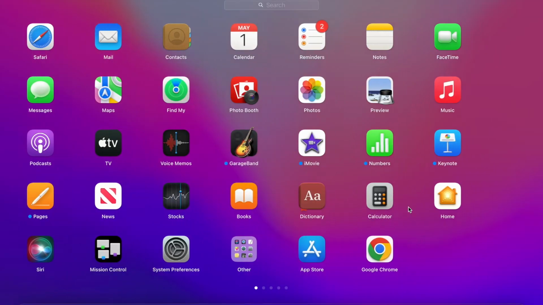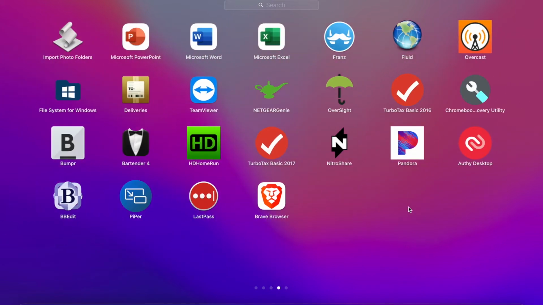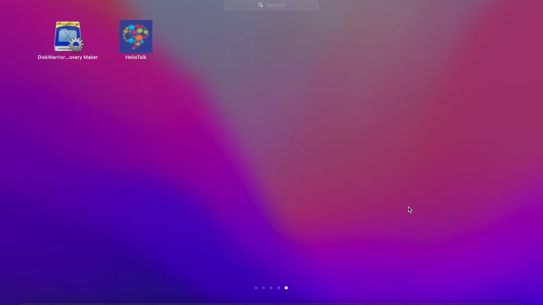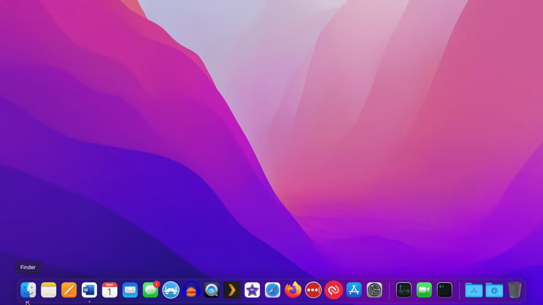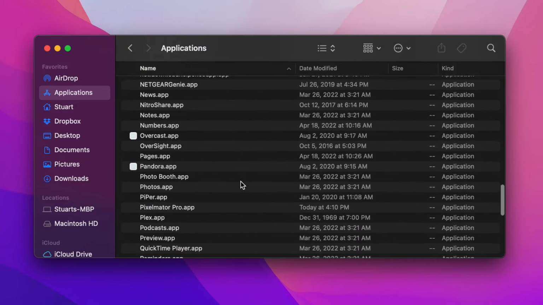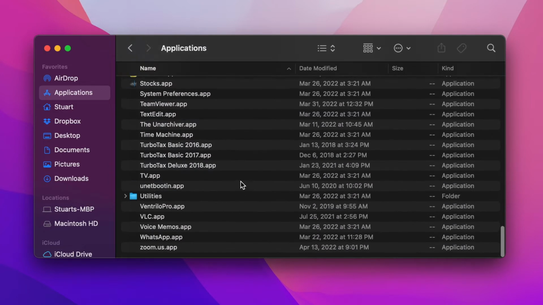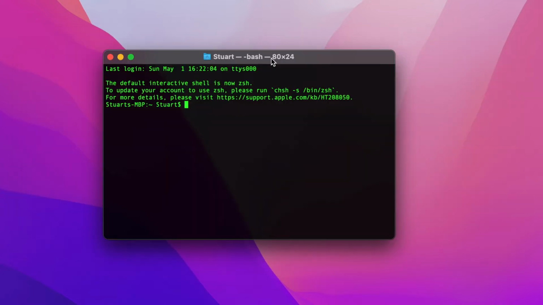If you're installing or uninstalling apps a lot in Launchpad, you may find that the apps get rearranged constantly and mixed up. That, or maybe Launchpad is just malfunctioning and you need to reset it. To fix this, you'll need to open your Applications folder, go to Utilities, and then open Terminal. I've got the command in the description below, but if you want to type it out,